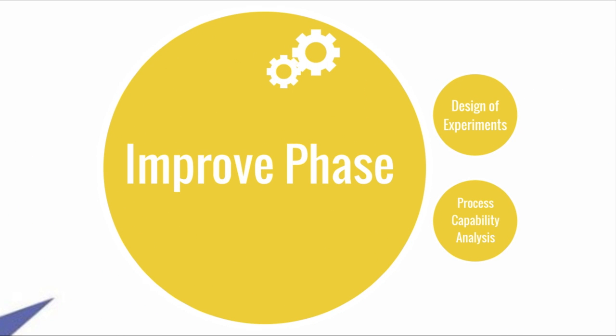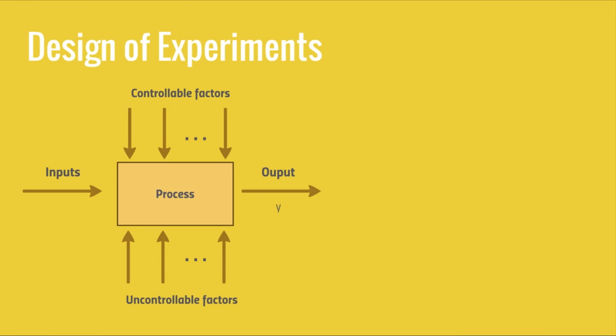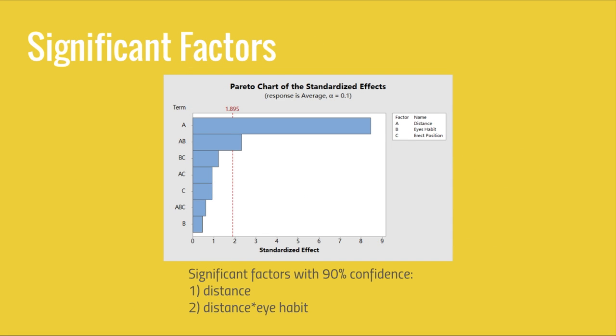Next comes the improve phase. In this part, we design the experiment to analyze the factors' effect on the performance. We choose three factors with two levels: distance, eye habit, and effective position. Then the Y is the average score of 5 sets. Then we use the Pareto chart to find the distance and the interaction of the distance and eye habit are